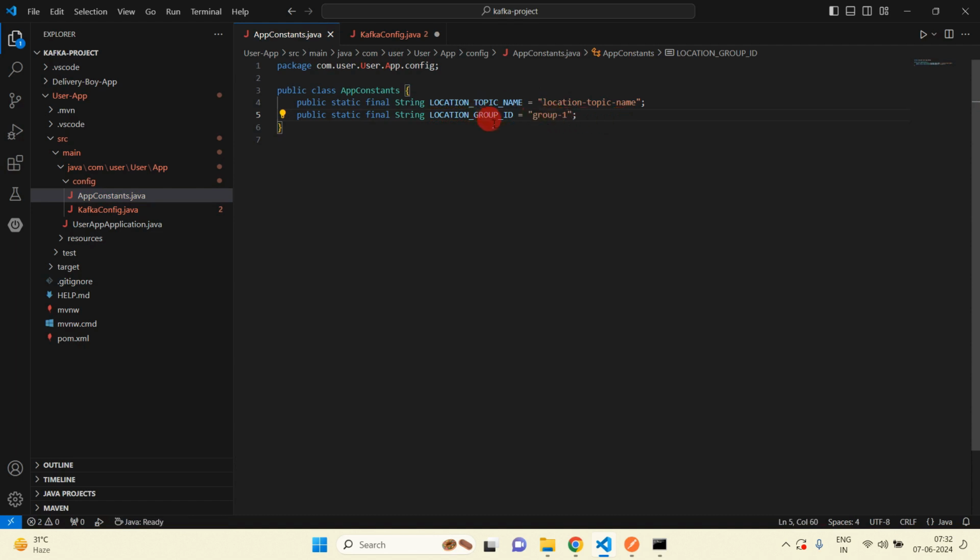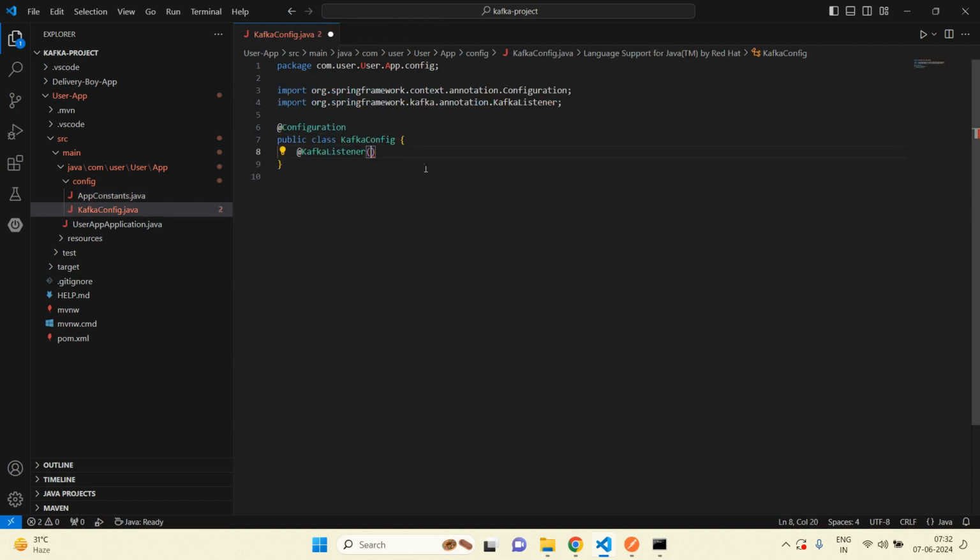Okay, so inside the KafkaConfig.java file, the first parameter would be the topic, so we will pass the topic name: AppConstant.LOCATION_TOPIC_NAME, and the group id would be AppConstant.LOCATION_GROUP_ID, which we have created inside our AppConstant. After this we will take one method of type void.